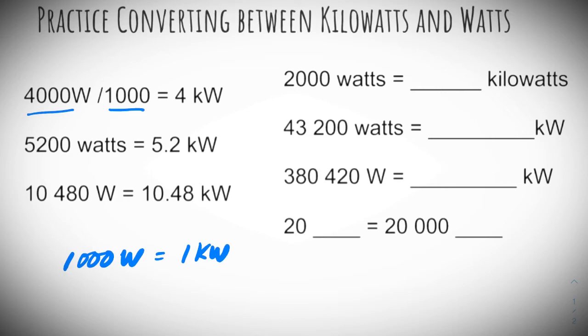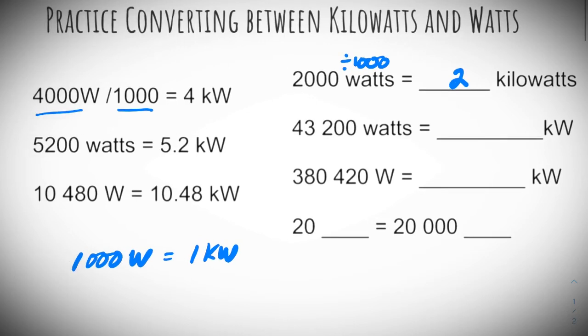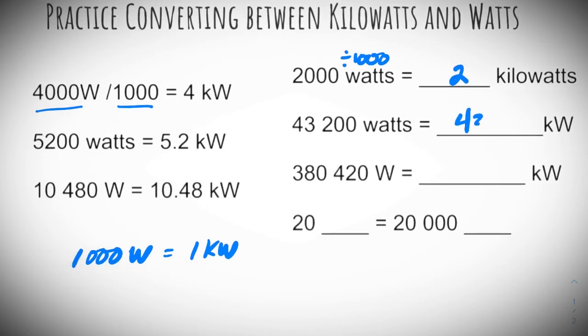So when you look at our example up here, we have 2,000 watts. Well, if we divide that by 1,000, right, you end up with 2. So you just do that for each one, and all I'm doing is taking this number and dividing by 1,000, right? I might round this one up to the nearest whole, 380 kilowatts. Down here, if you have 20 kilowatts, that's going to